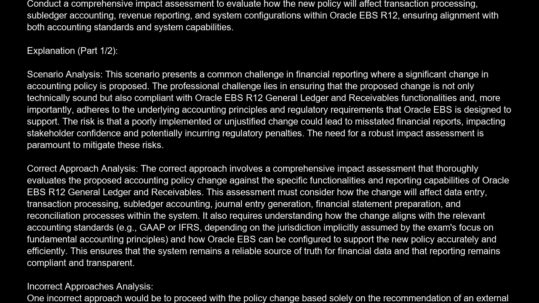It also requires understanding how the change aligns with the relevant accounting standards, e.g., GAAP or IFRS, depending on the jurisdiction implicitly assumed by the exam's focus on fundamental accounting principles, and how Oracle EBS can be configured to support the new policy accurately and efficiently. This ensures that the system remains a reliable source of truth for financial data, and that reporting remains compliant and transparent. Incorrect approaches analysis. One incorrect approach would be to proceed with the policy change based solely on the recommendation